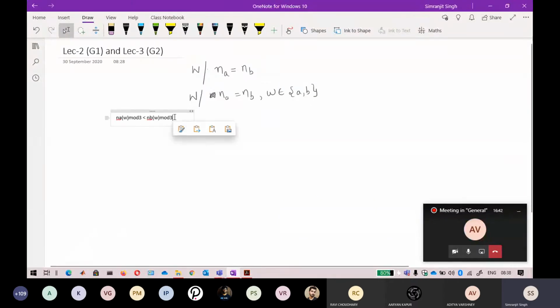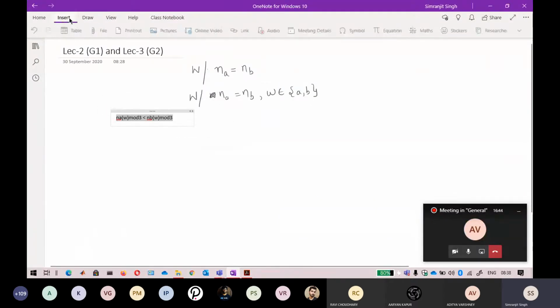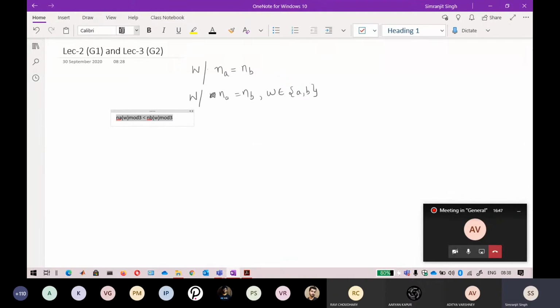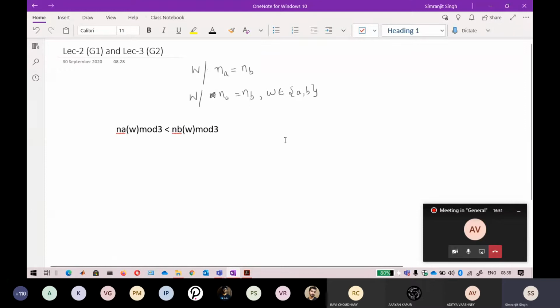Okay, so I just take this question. Now this particular language is a regular language. If you remember how you can identify that a language is regular: first, if you are able to write a regular expression for it, you can directly say it is a regular language. Second, if you are able to draw a finite automaton for it, you can also say that the language is regular. Based on the same premise, I take this language and try to draw a finite automaton of it.